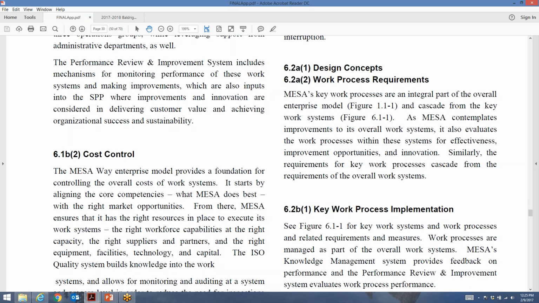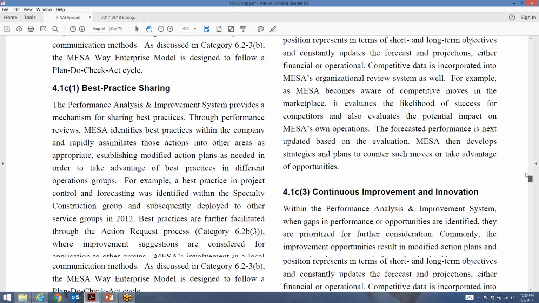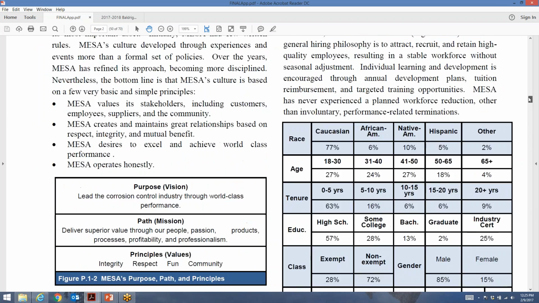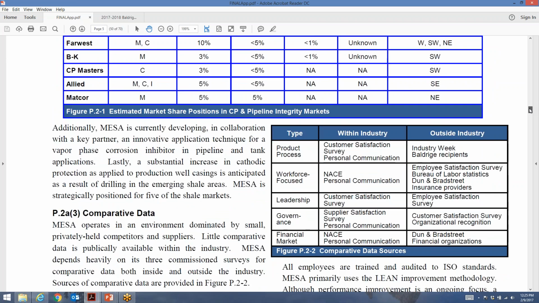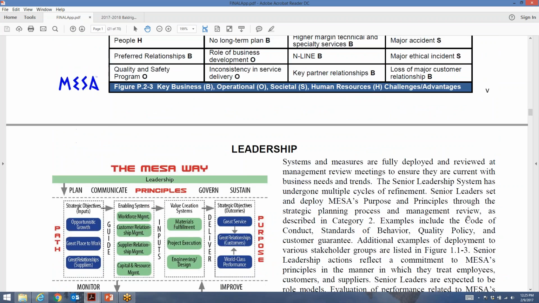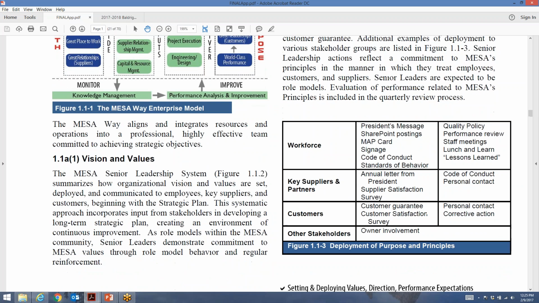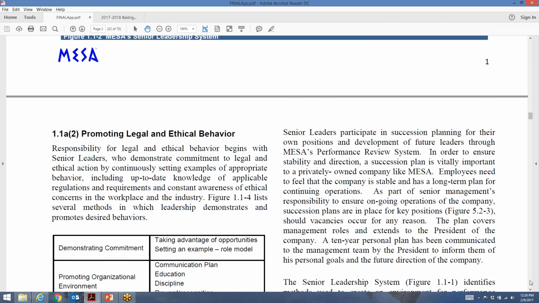If a picture is worth 1,000 words, then as you're answering the criteria, a table is worth almost as much, not quite, almost as much. So here are a few areas where I'd suggest you use a table. Category 1, 1.1, how do I deploy my mission, vision, and values? Let that be a table. Don't write 2 paragraphs on that. You're going to need to save that space. Give me a table for that.